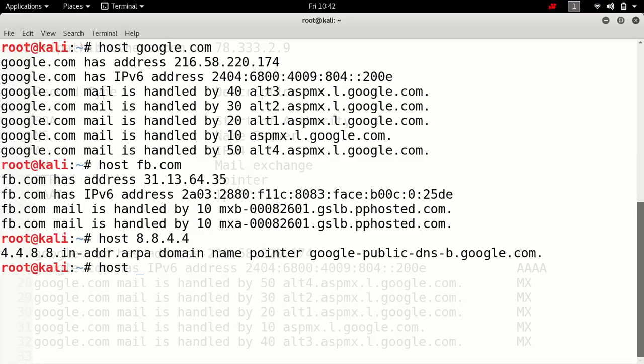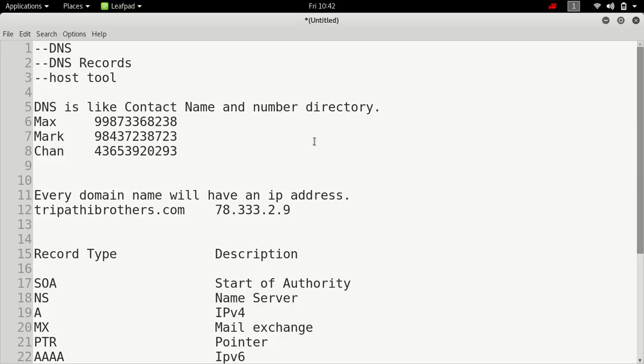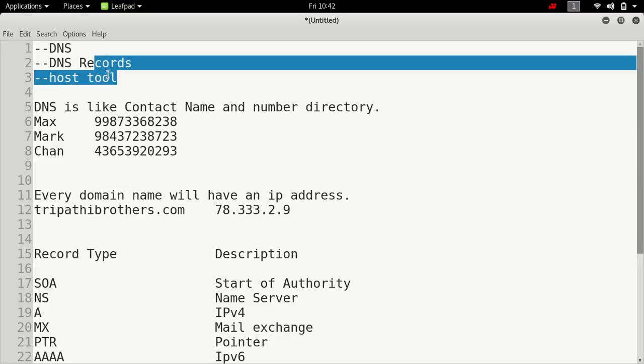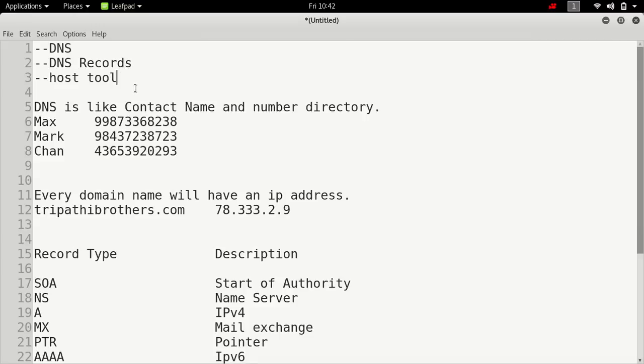Okay, so in this tutorial we covered some important topics like DNS records and the host tool. In the upcoming tutorials we will try to understand DNS zone transfer, dig, DNSenum, Fierce, DMitry and Maltego, and lots of other tutorials. Google hacking will also be covered, and I will try to cover it in depth.